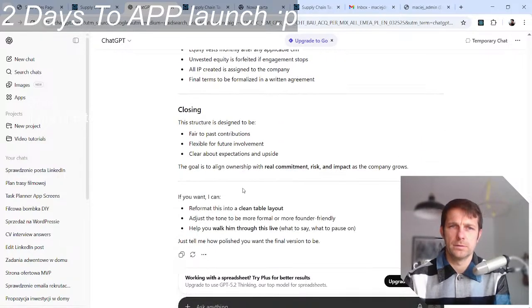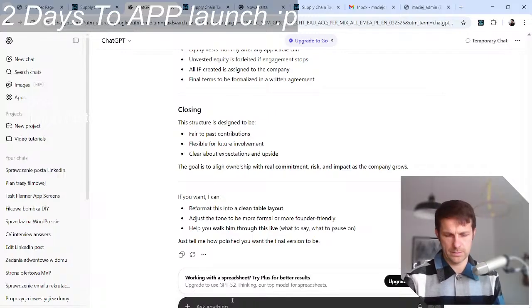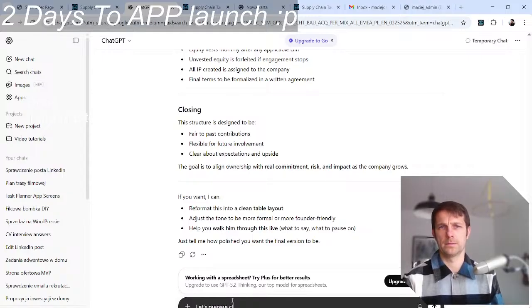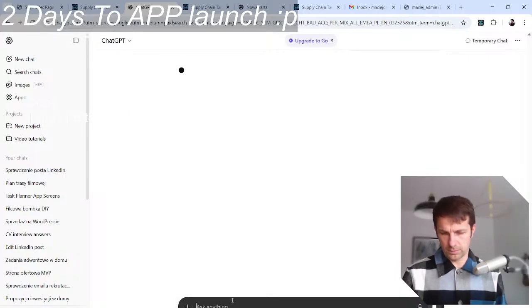Closing. Yeah, let's have a... Yeah, okay. Let's prepare a table in clean table layout. Yeah, good.